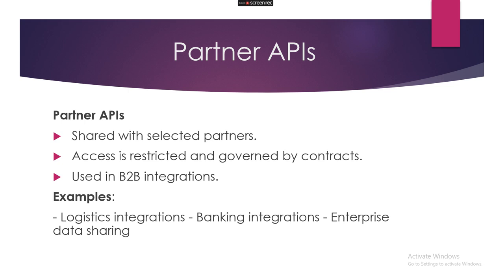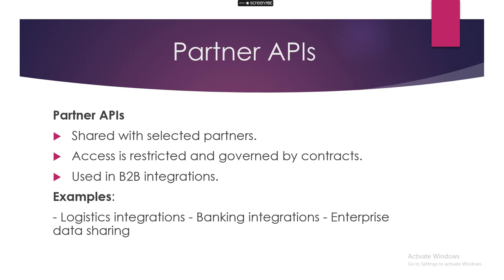And the third one, we have a partner API. Now, partner APIs are shared with selected partners, right? These are APIs that an organization develops and shares with partners of that organization. They are not used for internal purposes, and they're not public, which means not everybody